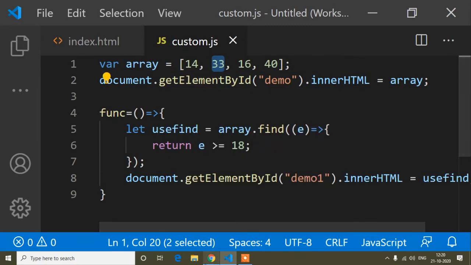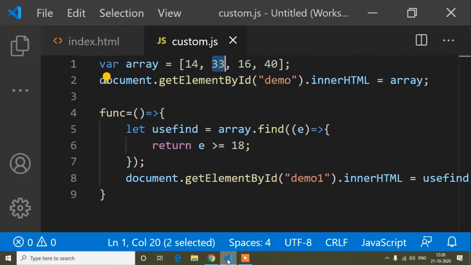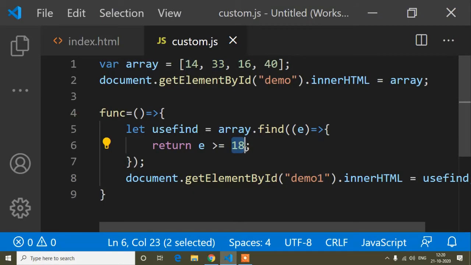If I save and show you the output, you can see it's showing only 33, not 40, because it shows the first element which is more than your applying value. Here I have written 18, so the first element more than 18 is 33, so it's showing that.